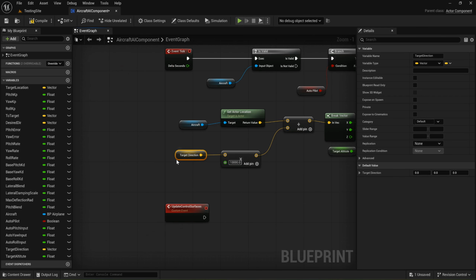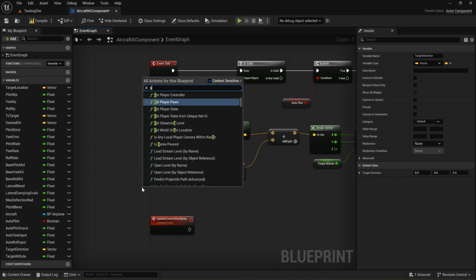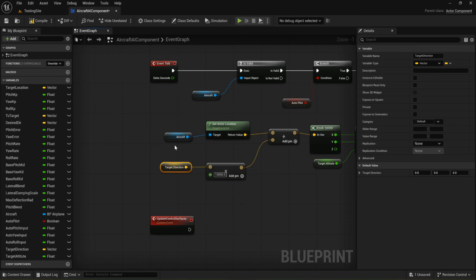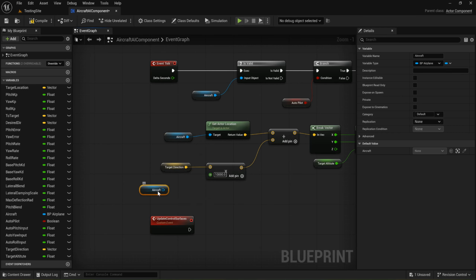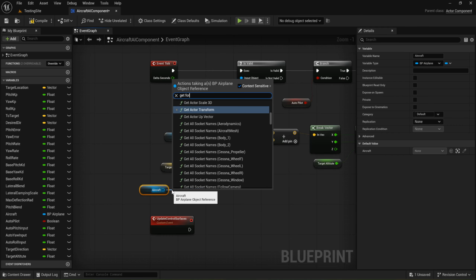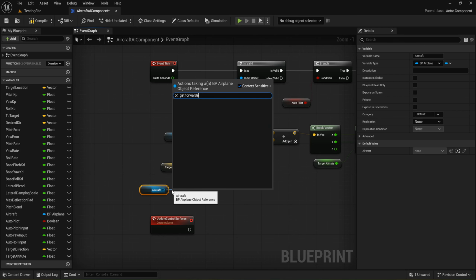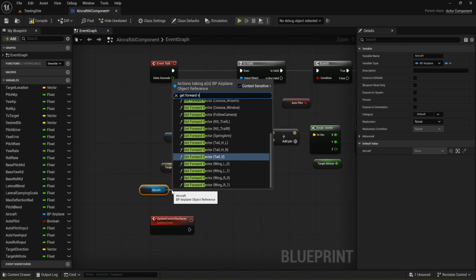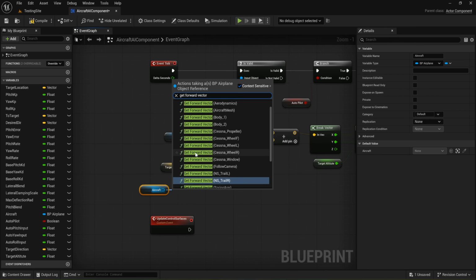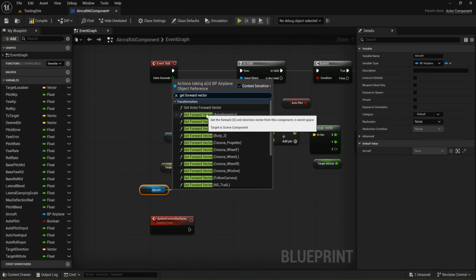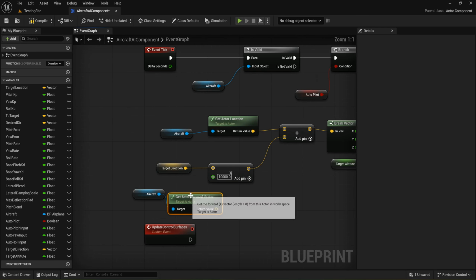If we change this target direction to get this aircraft forward direction, actor forward vector,